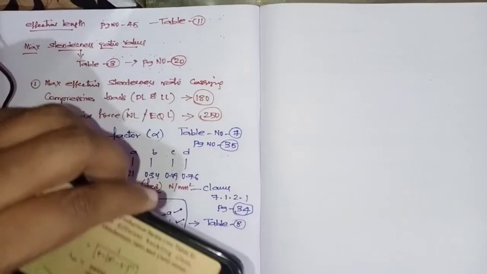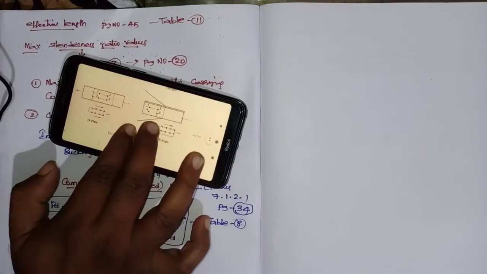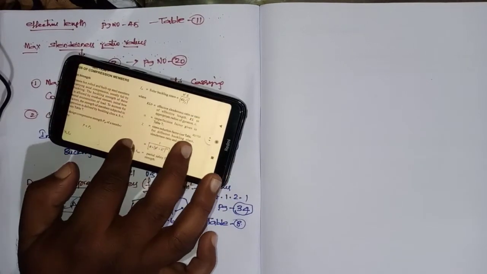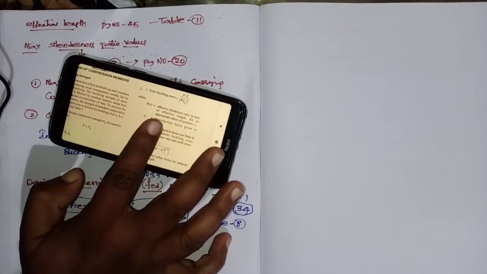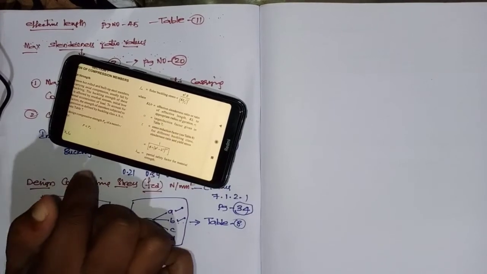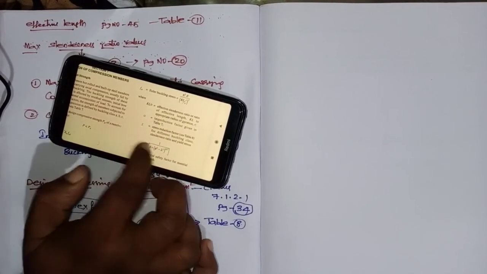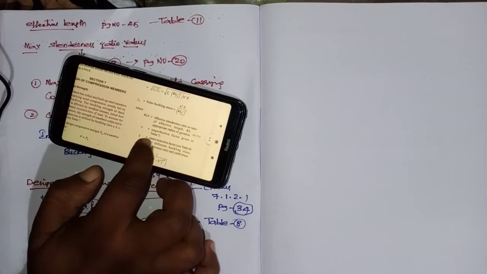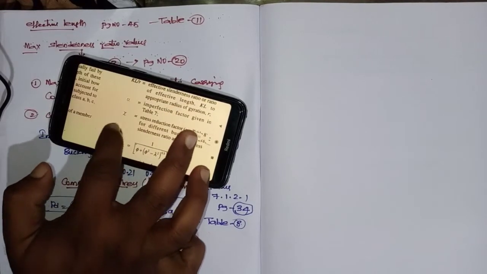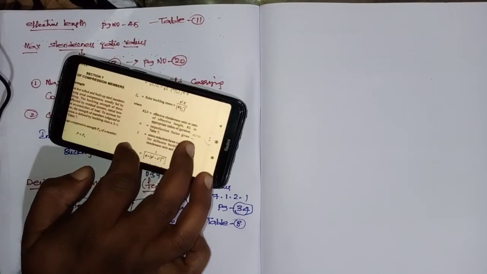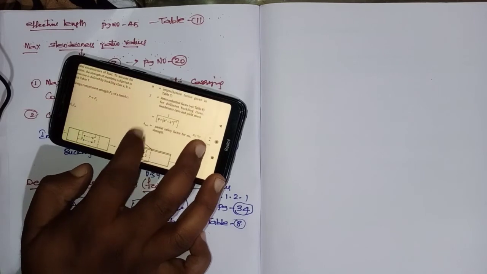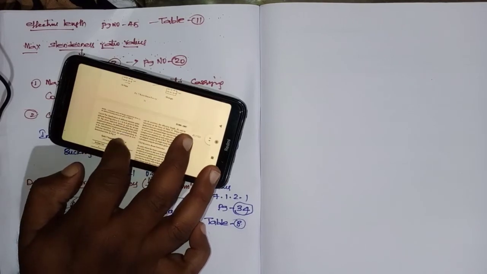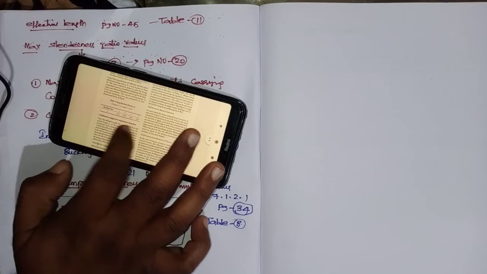Now we'll see what this table number 8 and this table number 9 are. Now coming to this, what are these factors? Just to remember, one is effective length, imperfection factor is there, and stress reduction factor. What is this? This stress reduction factor is there. Now what is this stress reduction factor? We'll see now. See, this is the imperfection factor.